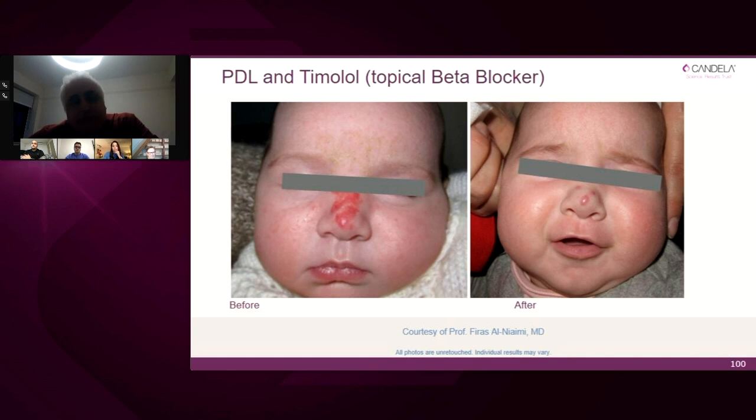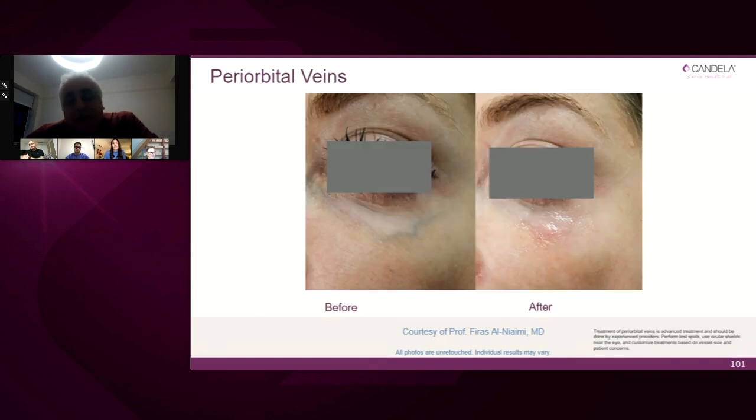The use of pulse dye laser with topical timolol works very well. Very briefly, and I'm coming toward the end of my talk, just a few words about using the Nd:YAG. So when you see a vessel like this, which is green-blue, we know that it's deep. So these types of vessels are not going to respond to the pulse dye laser, the V-beam Perfecta. So this is with the Nd:YAG of the GentleMax Pro Plus.